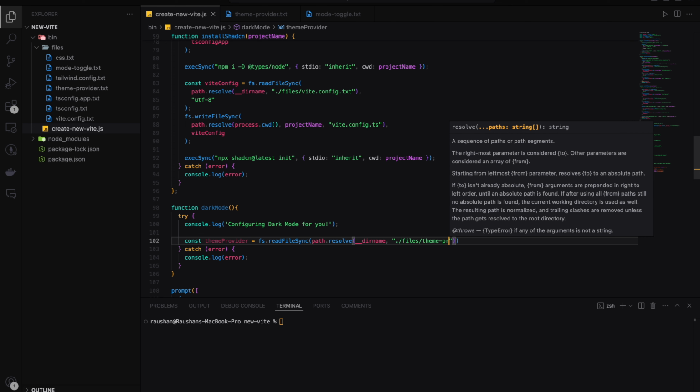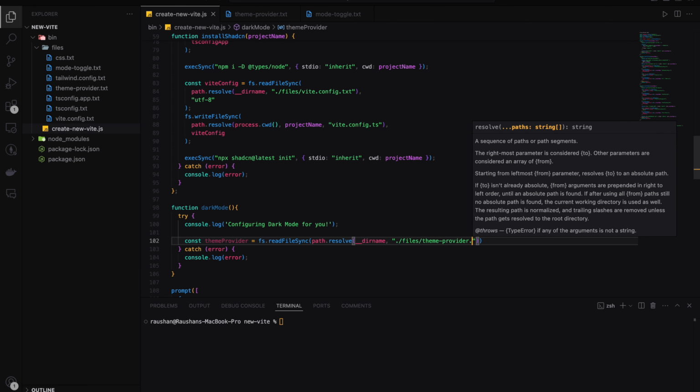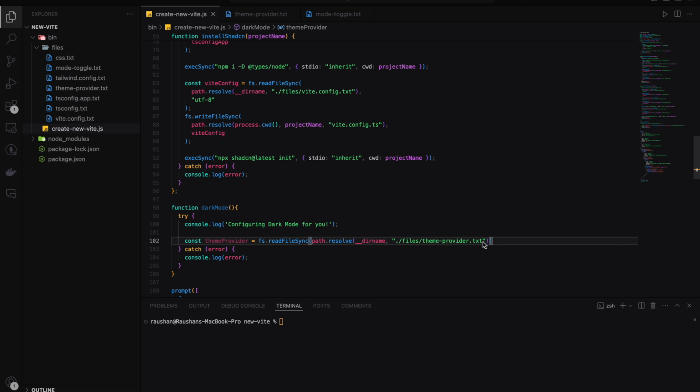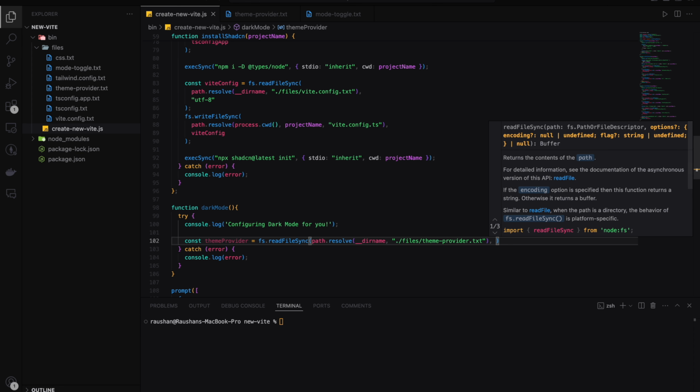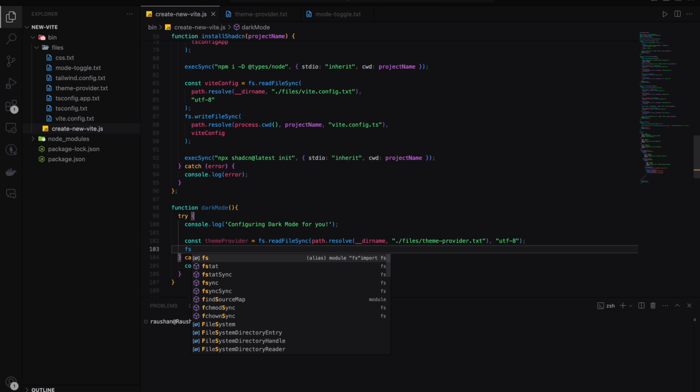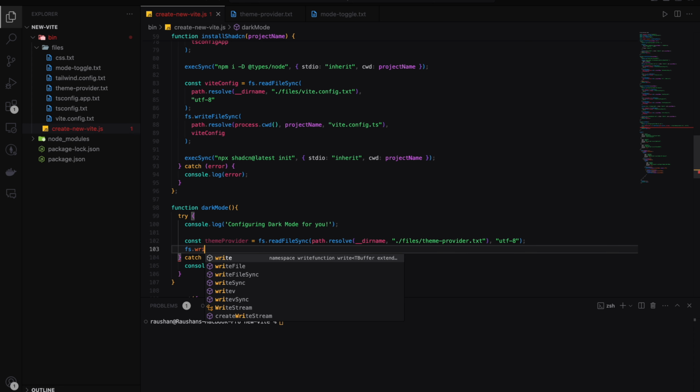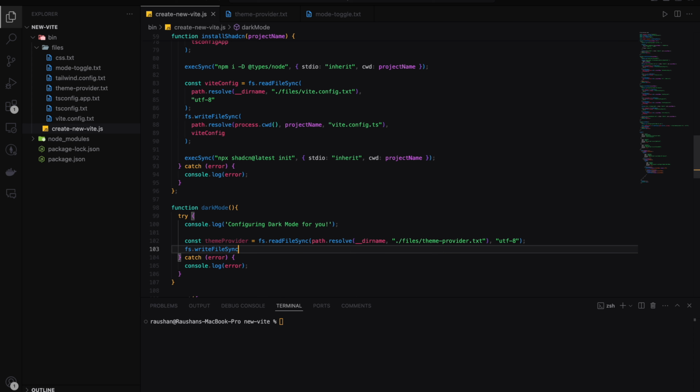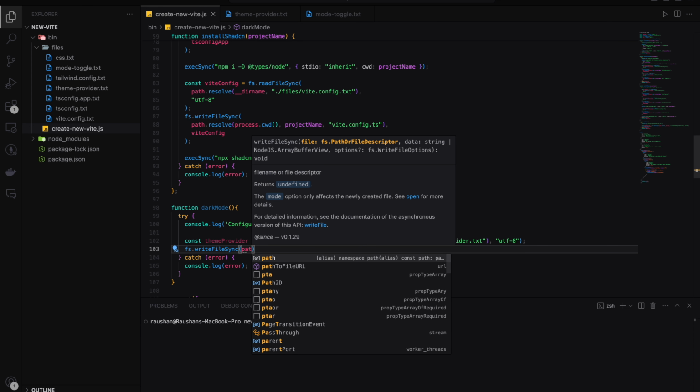So theme provider dot tsx, txt, we have txt. So that's it, theme provider dot txt. Okay, and also the encoding type is utf8. And yeah, after it reads the file, we have to write it. So fs dot, okay, writeFileSync, we have to write file sync, and under the path,